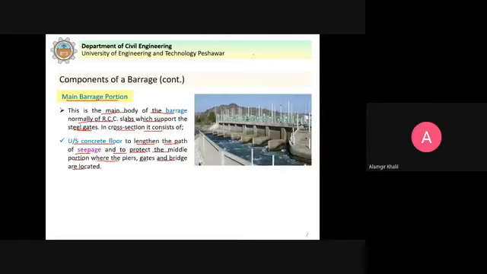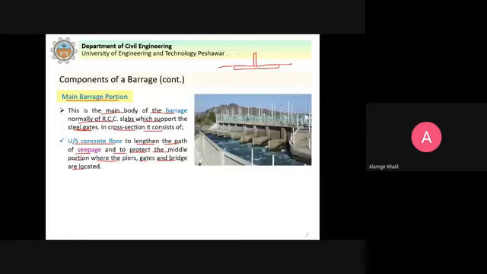So you can see that when we construct these weirs or barrages, we provide this impervious floor. Let us have a simplified structure here. The idea is to lengthen the seepage path. You see here it is written, lengthen the path of the seepage.